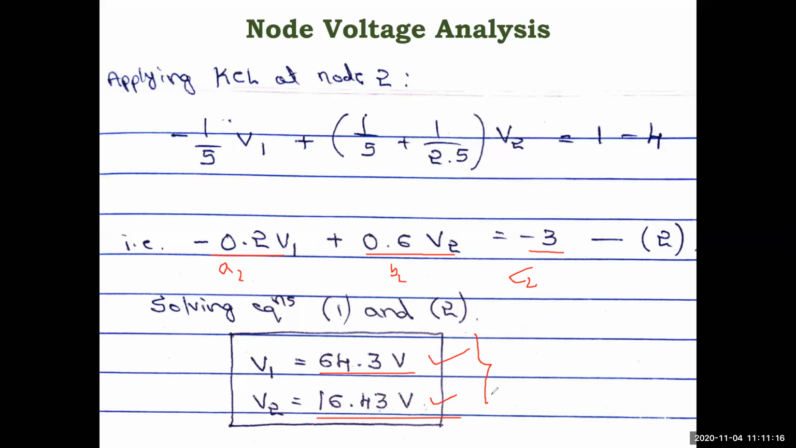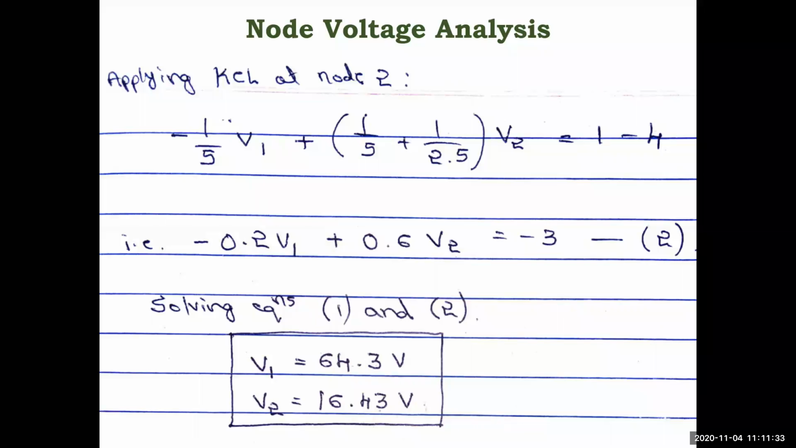From this also you can find the mesh currents or branch currents. That example I will show you tomorrow. Today is just to show you how to write the node equations and calculate the node voltages. Similarly, I will now show you another example or problem,